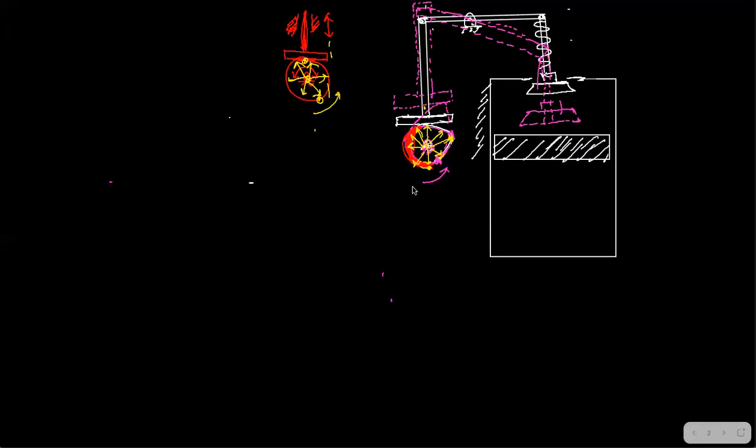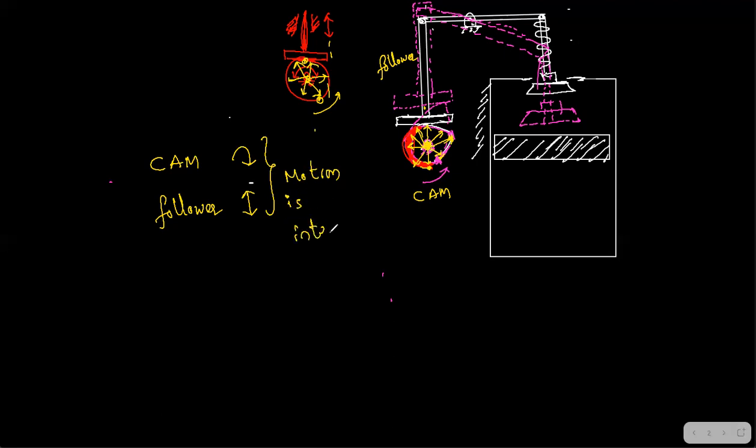Fine. So let's go once again to the previous slide. So here, what is cam doing? So this is cam, this is follower. Fine. Why is it called follower? Because it is following, right? Cam is given as the input. Some rotating is given as the input. At the center, we give a rotating input, and then follower will have to reciprocate it. So I can say that here, cam has rotary motion and follower has translationary motion, and the motion is intermittent.